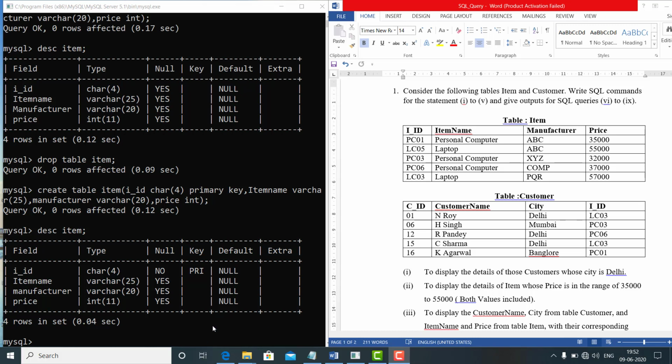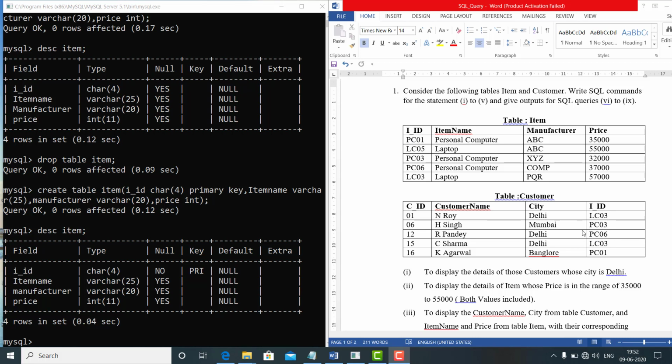Now students, we are going to create the next table, which is customer. Into the customer table we have these fields: CID, which means customer ID, customer name, city, and IID, that is item ID, and this will become the foreign key, because this item ID will be derived from the item table and there is an item ID. So if an item ID has been inserted there, then its record will come here.